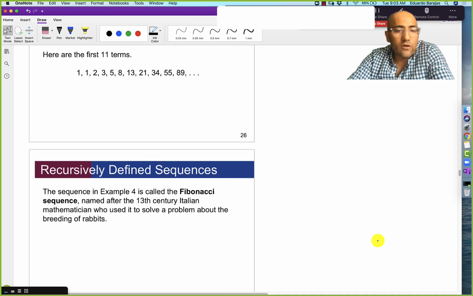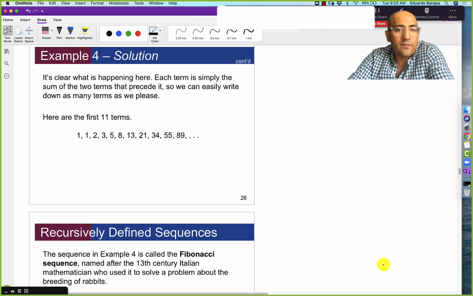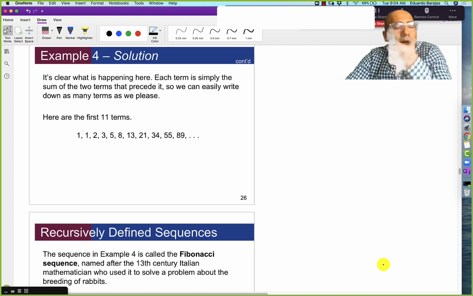So this is called the Fibonacci sequence, named after the 13th century Italian mathematician who used it to solve a problem about the breeding of rabbits. Right? So breeding rabbits somehow is connected to this Fibonacci sequence, the way a group of rabbits will grow in a population. Now I think there's probably some tweaking that happens there. I don't think you want to start with one rabbit and one rabbit. That seems weird, because then,